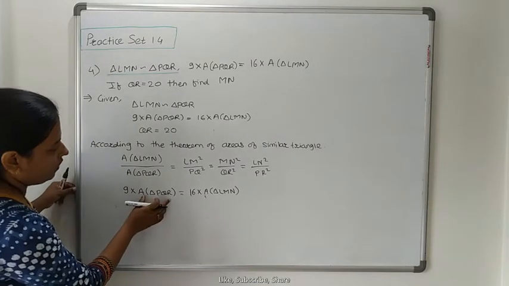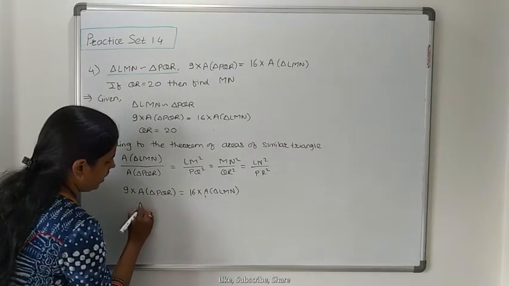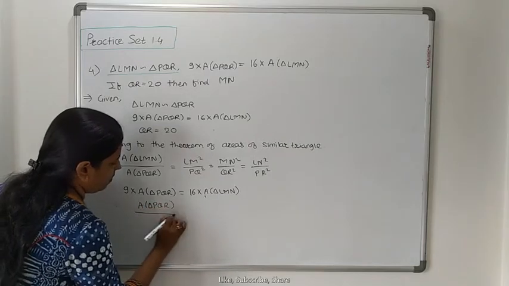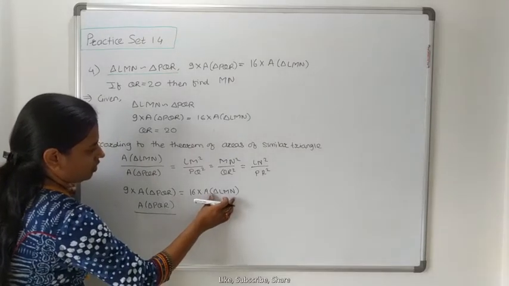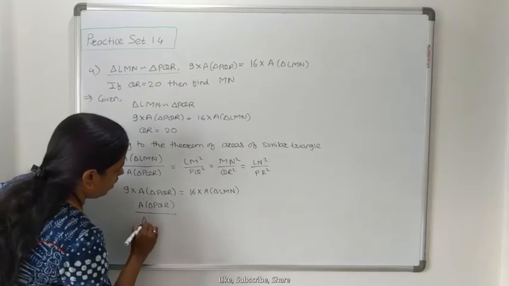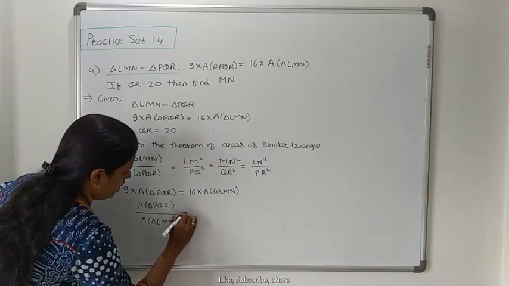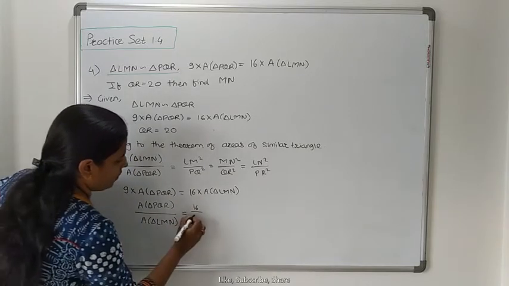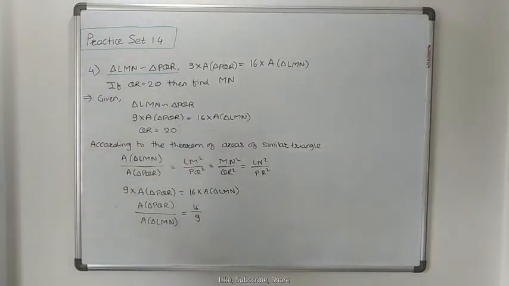Okay. When we change the side of this one, suppose this term, take it as it is, area of triangle PQR. Upon this change, this term is changed, okay, sides, so this term goes in denominator. So area of triangle LMN is equal to, this is take it as it is, and we have to change this side, that is 9. Understand this one? Okay, this is very simple here.